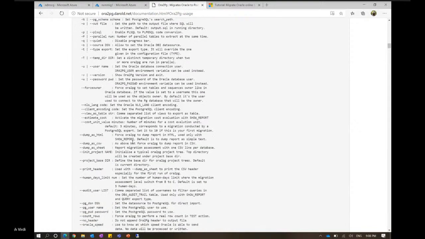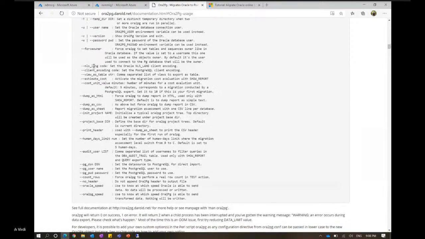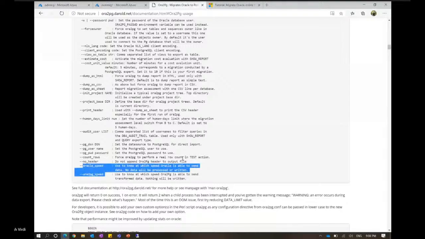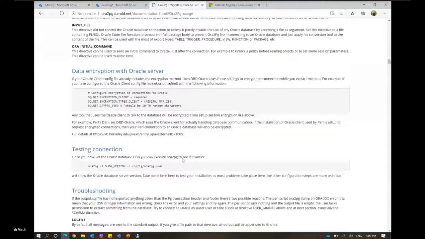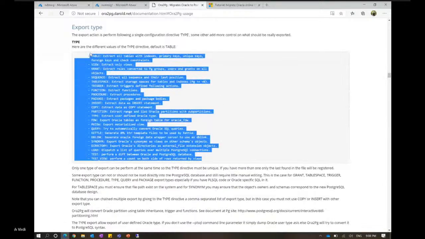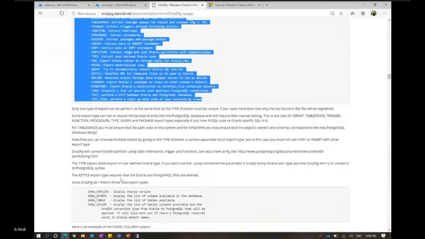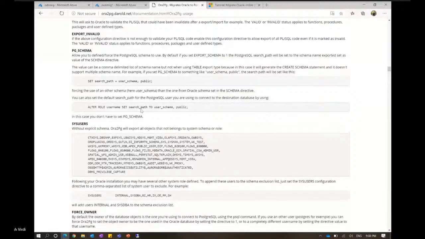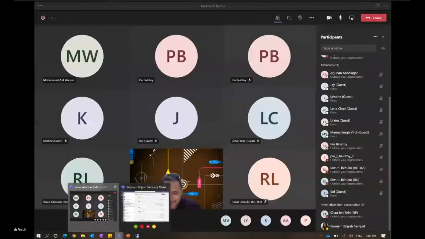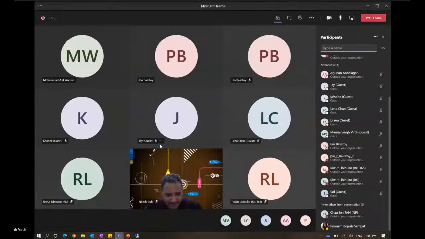A lot of other things are mentioned here, for example encoding, and how many parallel Oracle tables to load, and it has different switches to influence the export type as well. So go through this documentation. It has a lot of information. Thank you. Okay, any other questions?